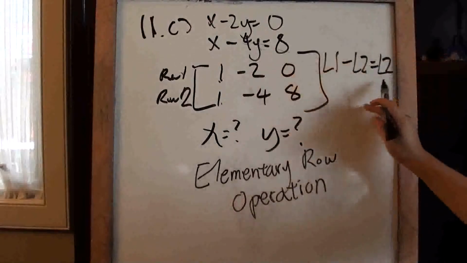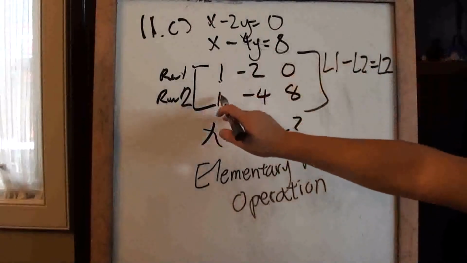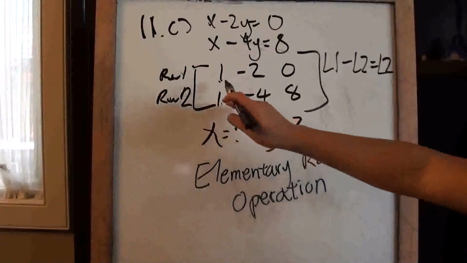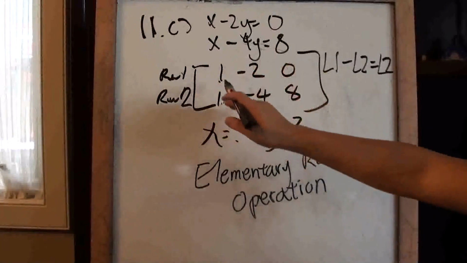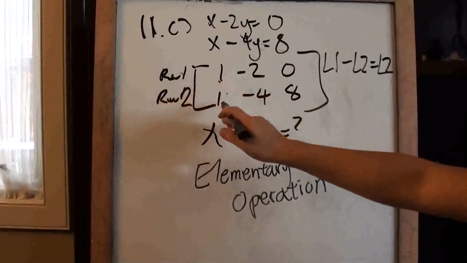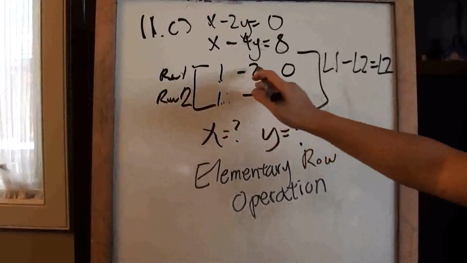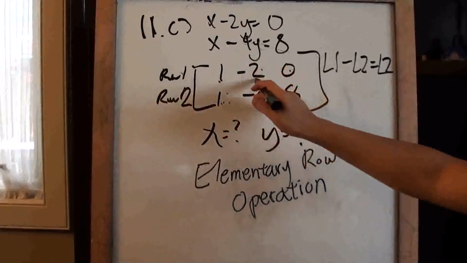Now, where did all this come from, right? So basically, let's say I wanted to get rid of the 1, right? So what I can do is 1 minus 1, that will be 0. Unfortunately, we have to do the same for all the unknowns, right? So if I did row 1 minus row 2, then I have to do the same on this side, right? So negative 2,